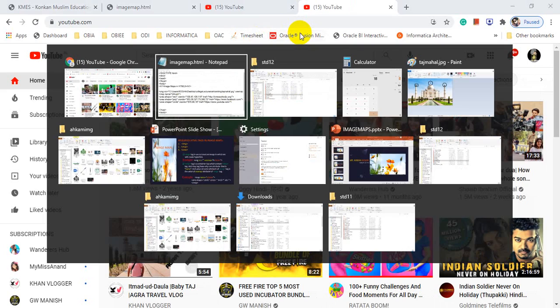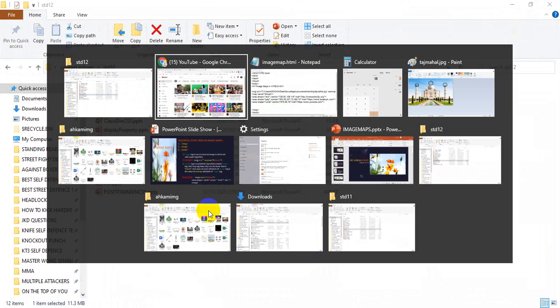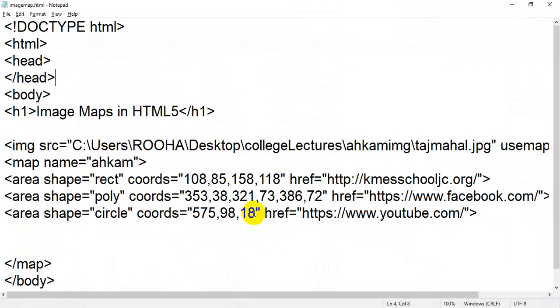If you change it, initially we had taken 23, yes or no? So let's change it to 23. I just want to tell you that if there is a difference of 2 point, 3 point, 5 point, or up to 10 point, it is okay. So save it.